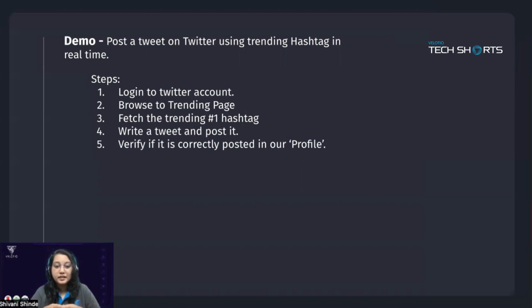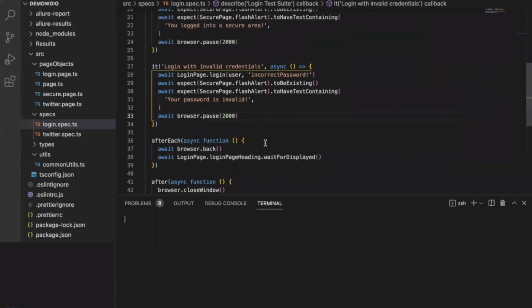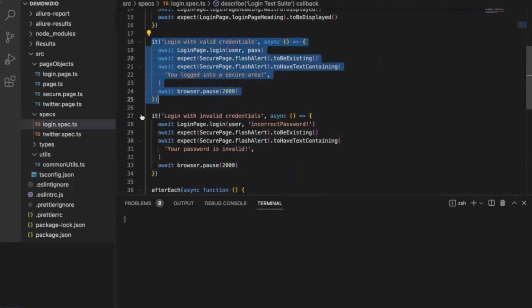And verify if the tweet is correctly posted in the profile section. So let's head to our demo. Okay, so this is the first demo of the login automation. I have two test cases here inside the it block, which is login with the valid credentials and login with